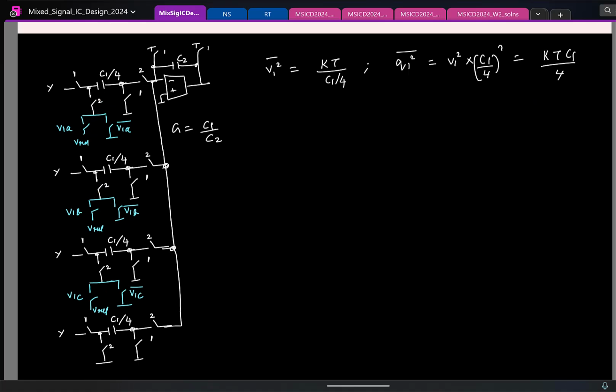And in the second clock phase, what happens to the charge stored in this capacitor? You ground this, let us say, so this goes to C2. So what is the total noise charge transferred to C2? KT C1 by 4 plus? So how much is the total noise? So 4 times this goes. Now also remember, in the first clock phase, C2 was also connected to a switch like this. So what will be the noise put in by those resistors? KT by C2, so the charge is,